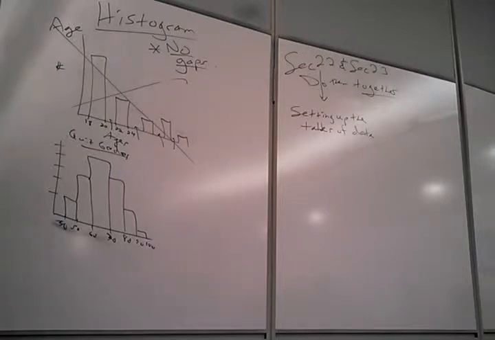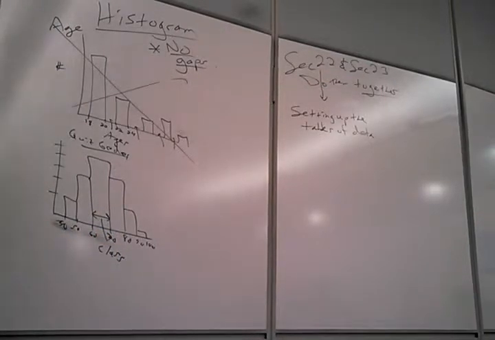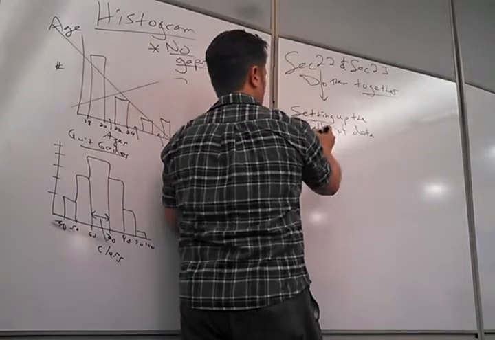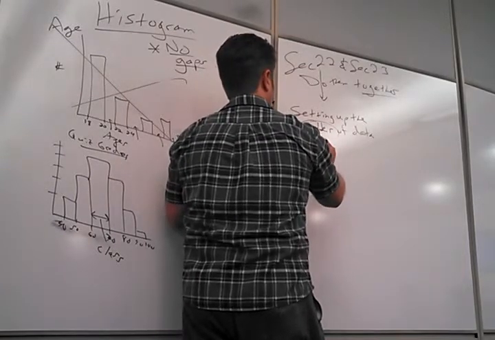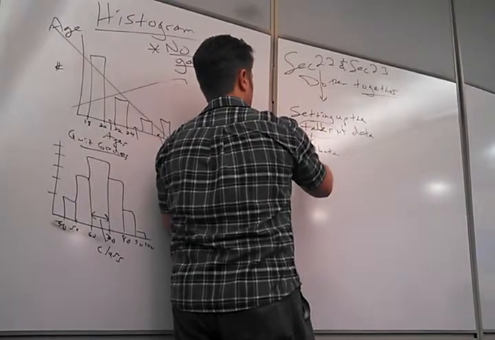The number of people that were in each what's called a class. So this here would be called a class. Right? So any region, any interval from 60 to 70, that's a class. The height of the bars is the number of people in a class. It sounds really simplistic, right? What class and how many? But it's a beautiful visualization, a very quick way to visualize the data. How is it spread out? And that's one reason why we call this table a distribution. To be more specific, we call it a frequency